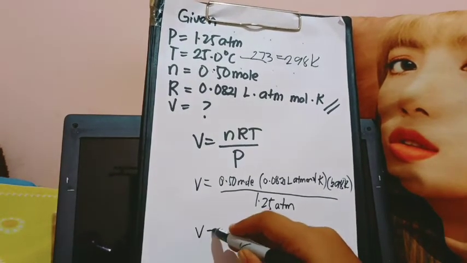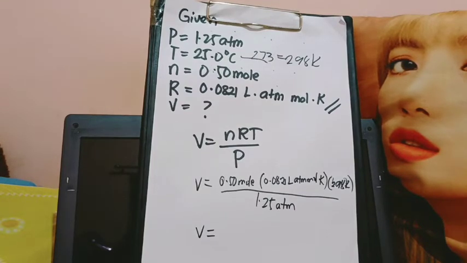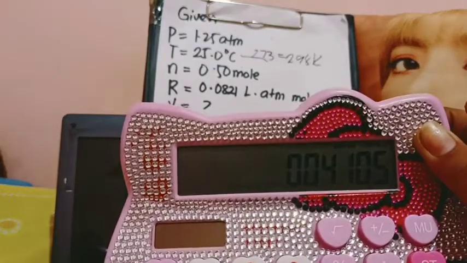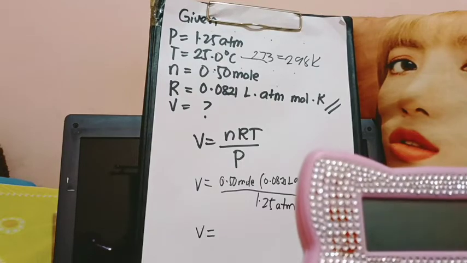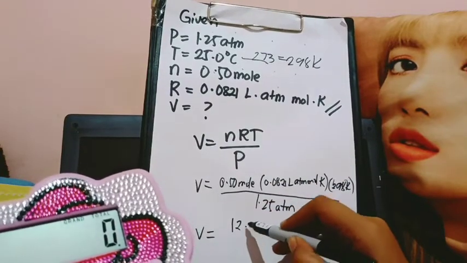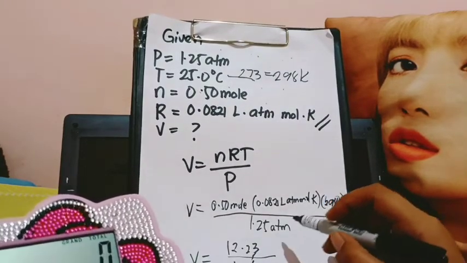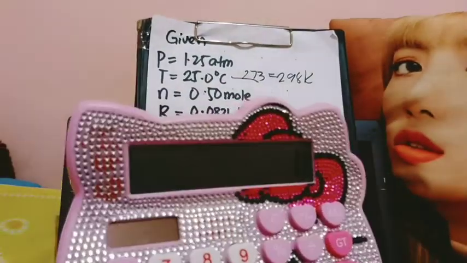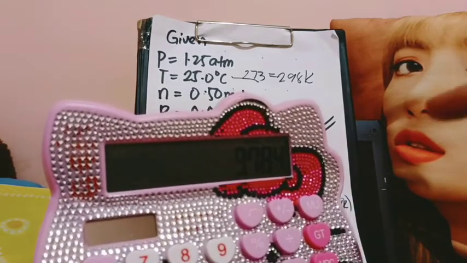So 0.50 times 0.0821 is equal to 0.04105, times 298 is equal to 12.23. So 12.23 divided by 1.25 is equal to